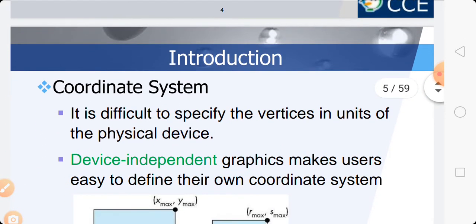Before that, we have to understand what the coordinate system is. It is difficult to specify the vertices in units of the physical device.